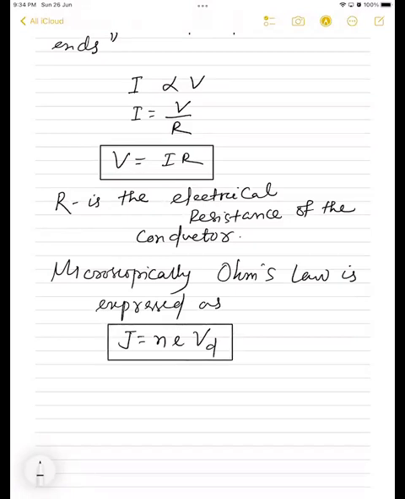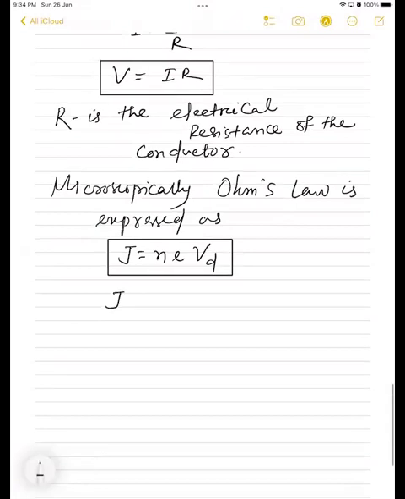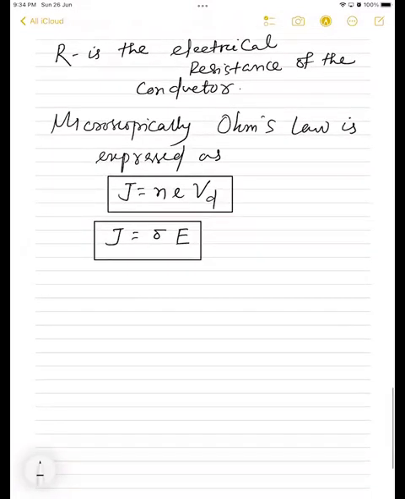J is equal to nevD. So J is equal to sigma into E, right? J is equal to sigma into E, and sigma is the